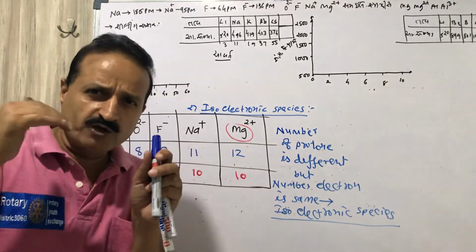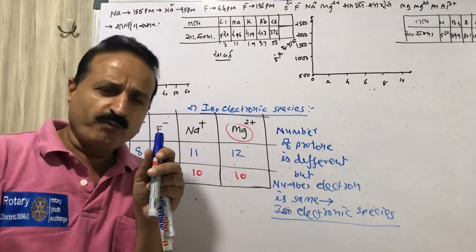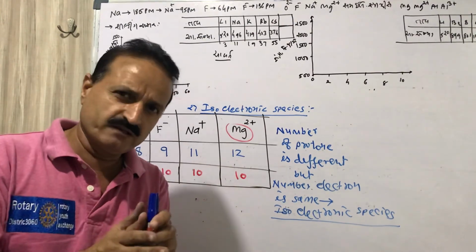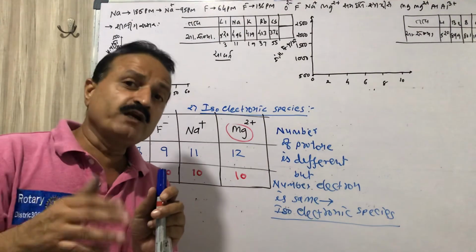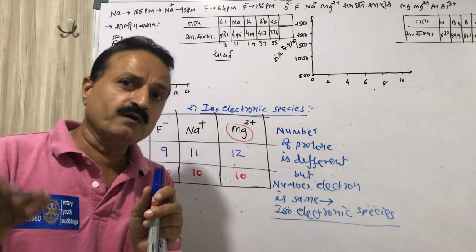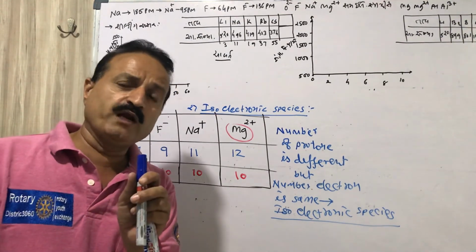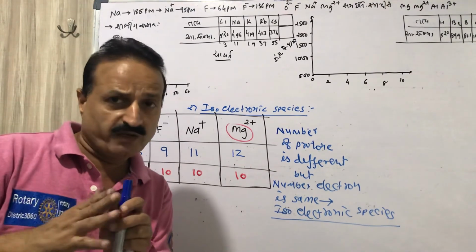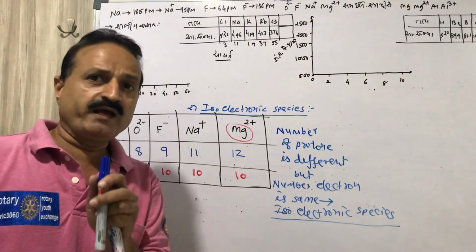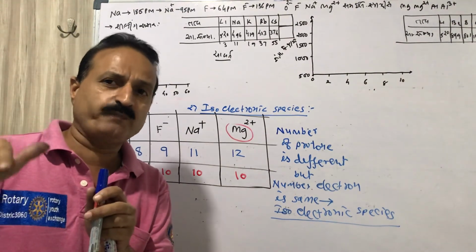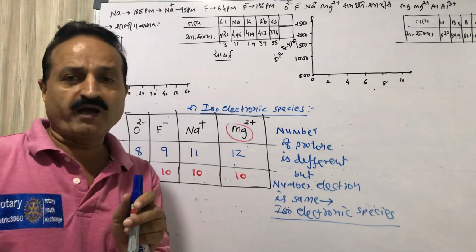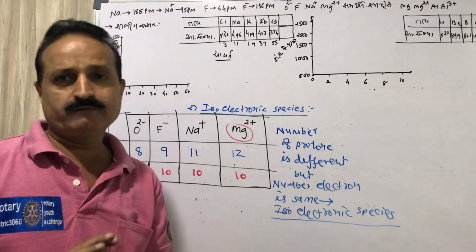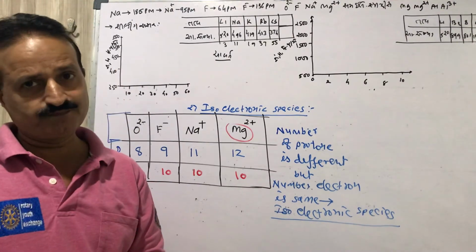When a neutral atom converts into a positive ion, the number of electrons decreases, size decreases, and the ionic radius decreases. If it converts into a negative ion, the number of protons remains constant but the number of electrons increases, then size will increase. So a negative ion always has a bigger size than its parent atom, while a positive ion always has a smaller size than its parent atom.